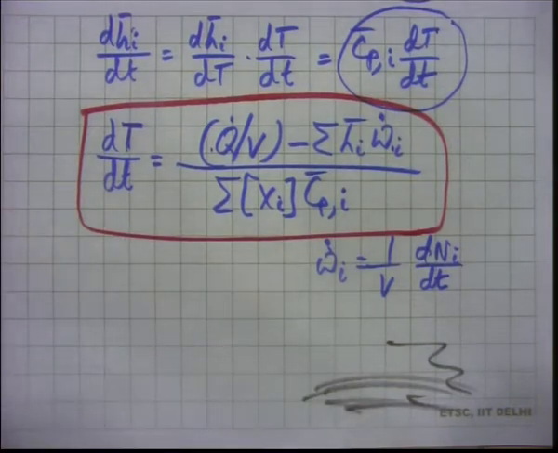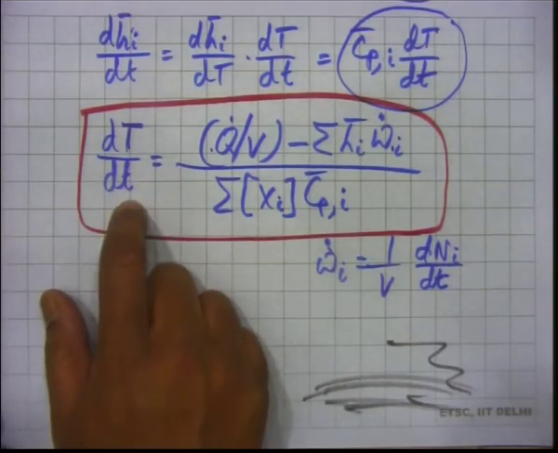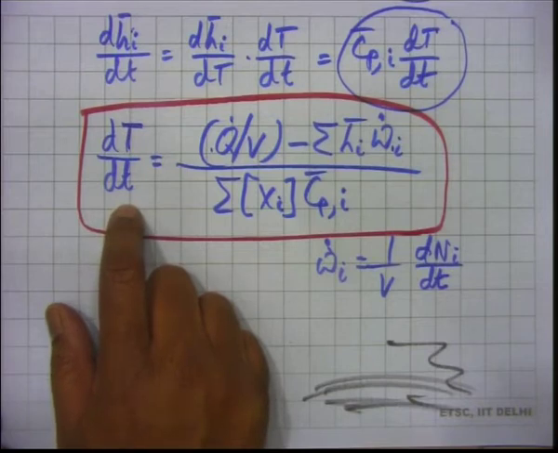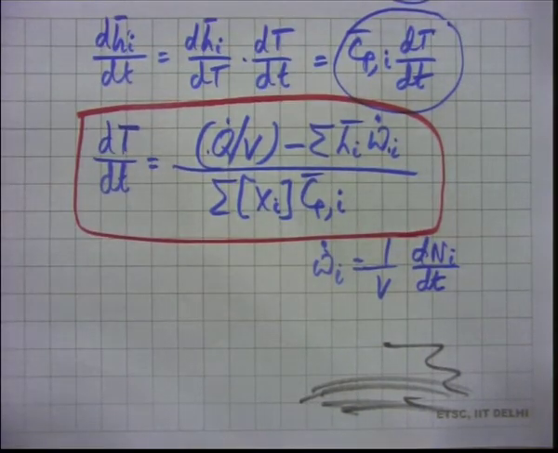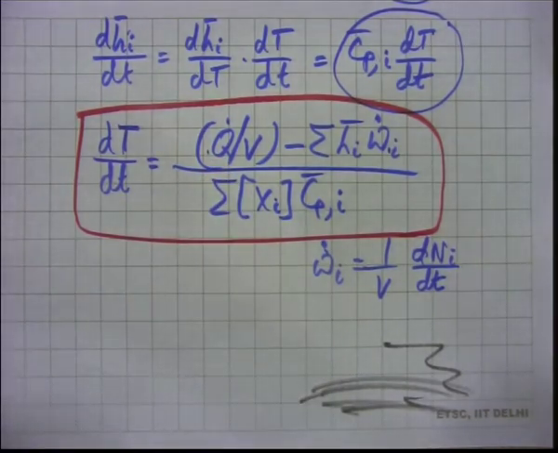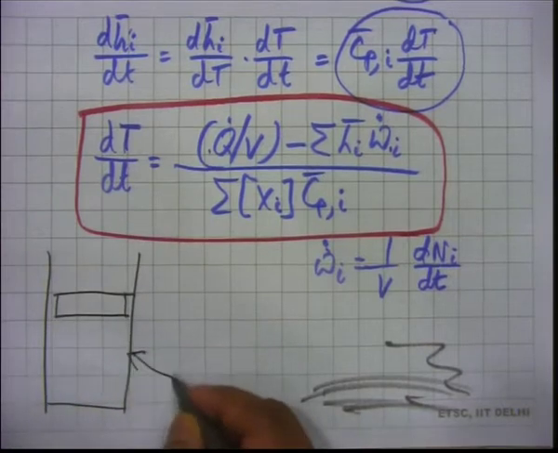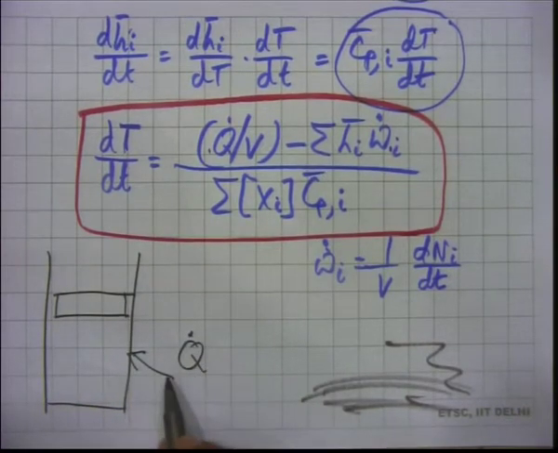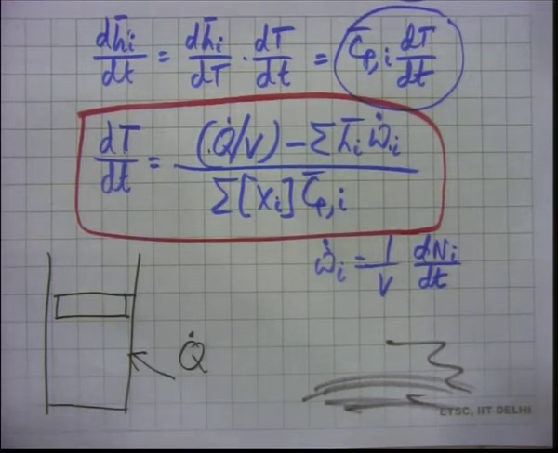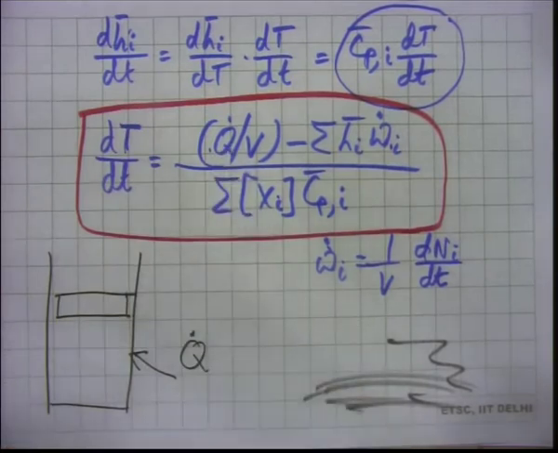So, here what do we understand? What is this equation telling us physically? It is telling us that temperature will change with time. Temperature is a function of time, and the rate at which temperature changes as a function of time will depend on the q dot. Q dot was the heat added to the piston cylinder arrangement. According to our convention, what is added as heat shows up as q dot in the first law. So, q dot is positive when it goes to the system. So, temperature as a function of time will depend on q dot.